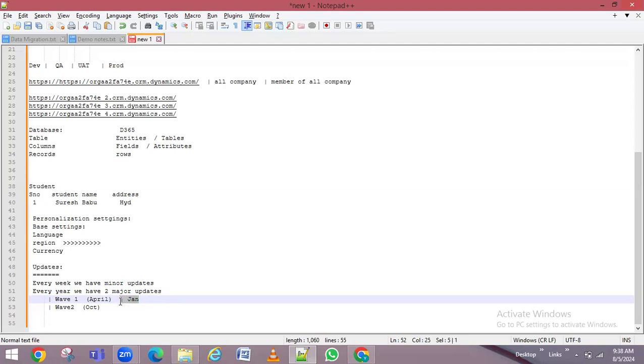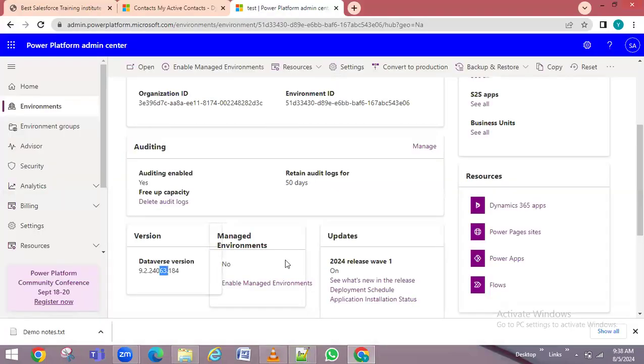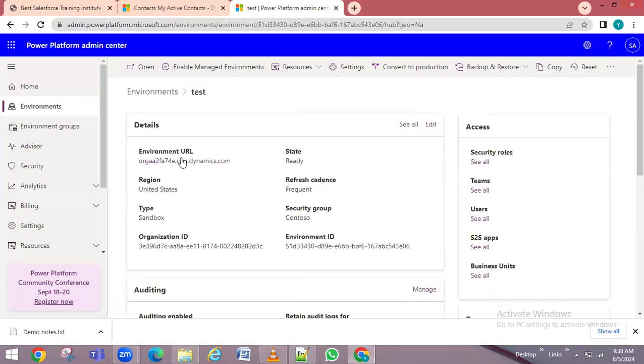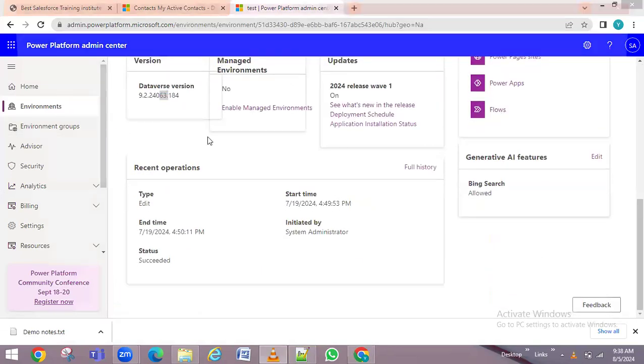But in my experience, because of this wave 1, there is no issue till now, right? But as an early release, Microsoft suggests testing your functionality with the upcoming releases. So how are we going to do that? Let's say this is our test instance, right? In this test instance, in this admin center page,